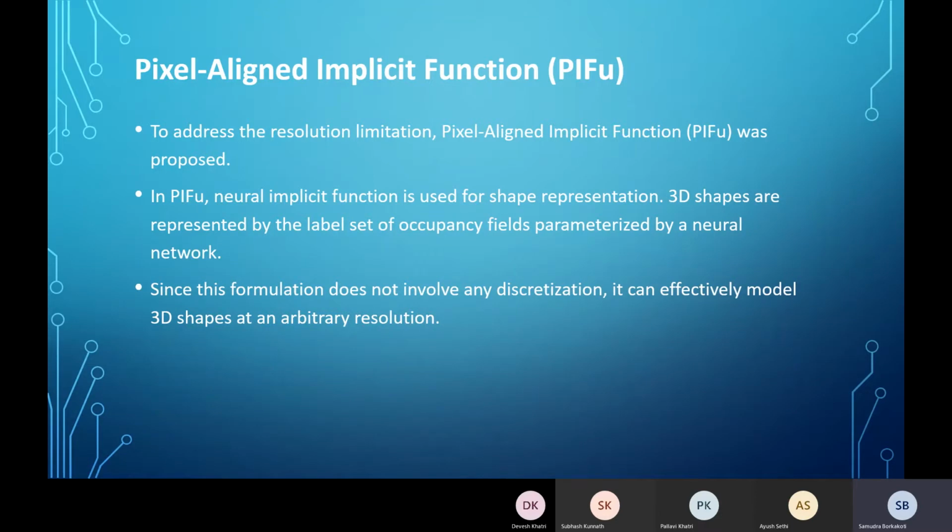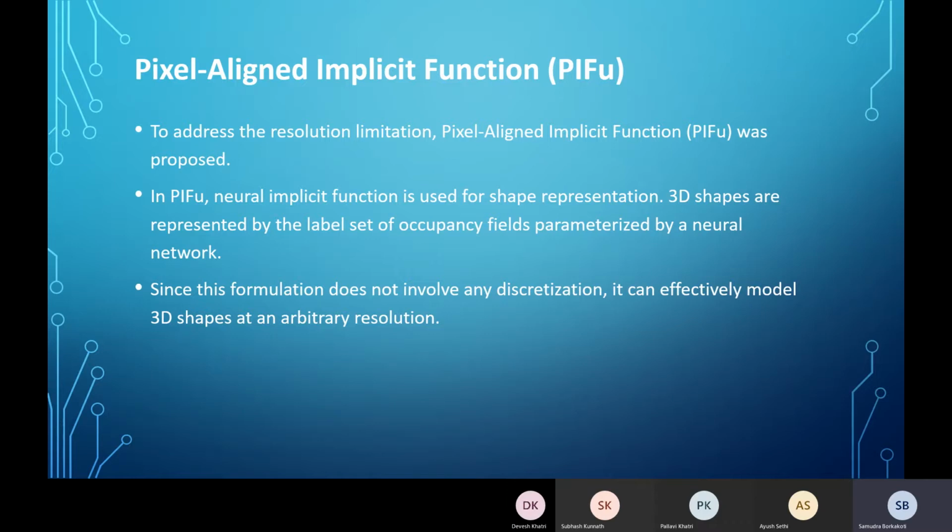The occupancy network is used for the 3D, basically converting the 3D to a continuous data format. They're using a multi-layer perceptron here. Since this formulation does not involve any discretization, it can effectively model 3D shapes at an arbitrary resolution.